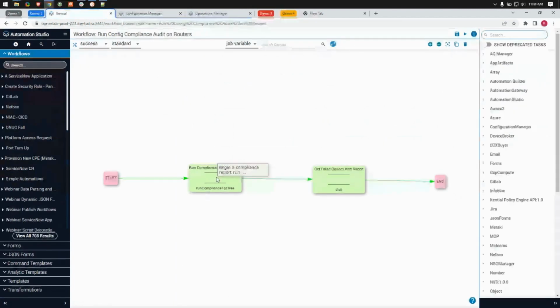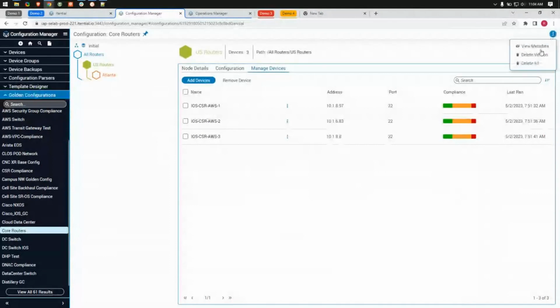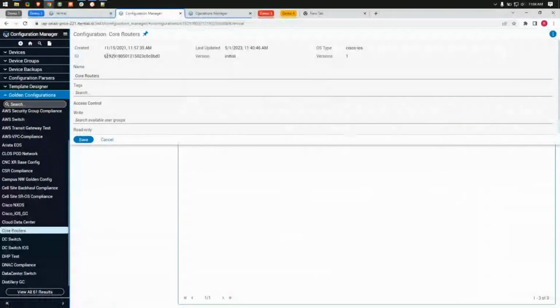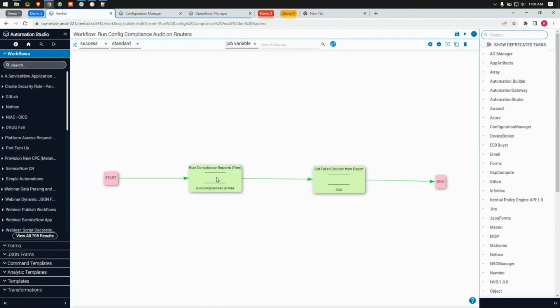So what this does is it references this golden configuration tree, and I can show you the tree ID here from the metadata. This is where the ID comes from and the version initial. So that's where that data comes from for this task. This is a built-in task that's part of our platform. So this allows you to automate these compliance audits. And then your next step could be, depending on what your environment's going to be, I've just created a task here that's just a placeholder, but you could generate a report per every device that doesn't meet the compliance